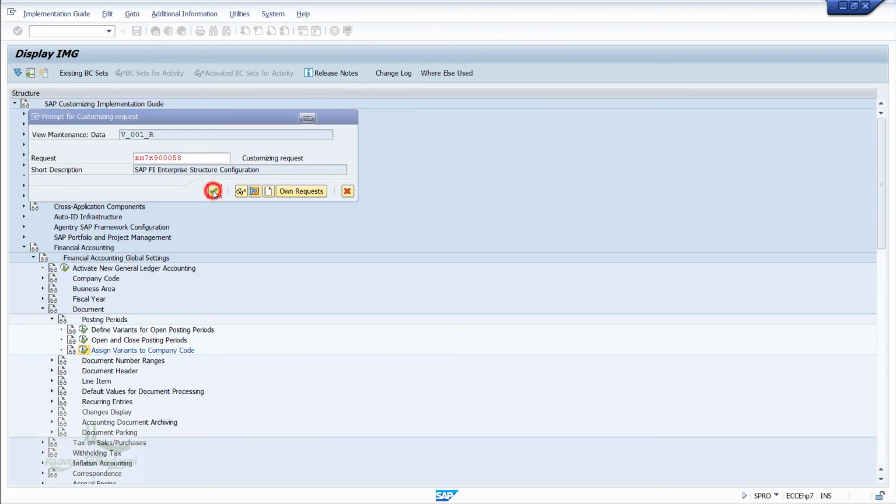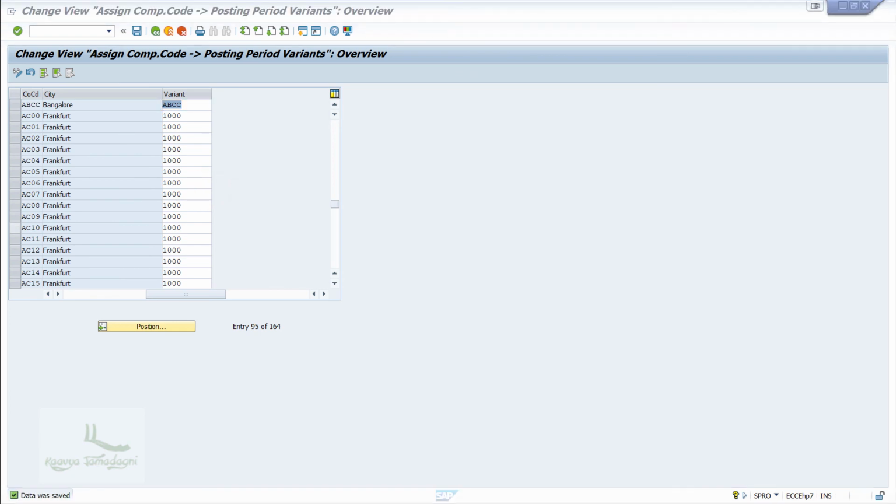So this completes the configuration of posting period variants. Yes, this completes the configuration of posting period variants. So guys, before understanding more about the field status variant,